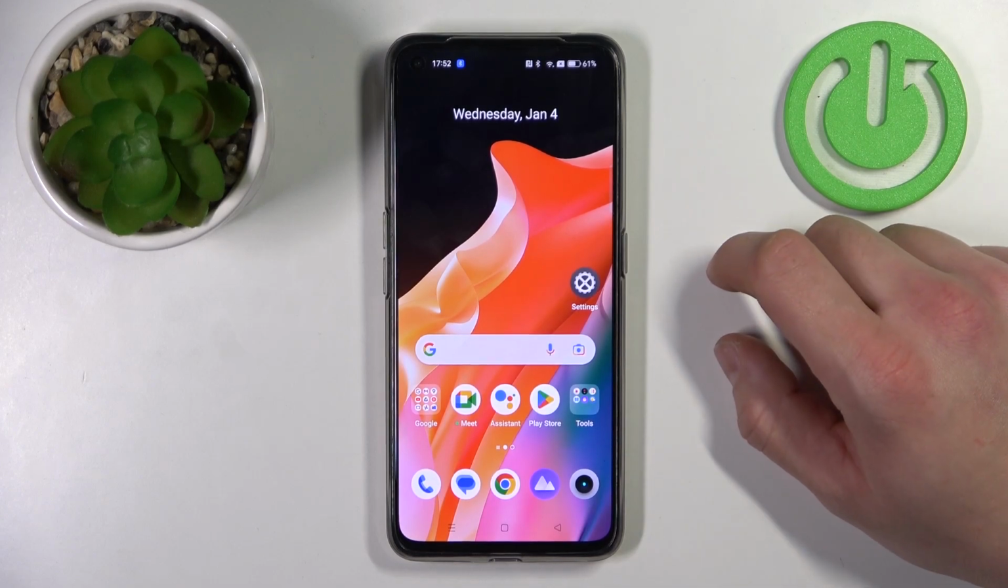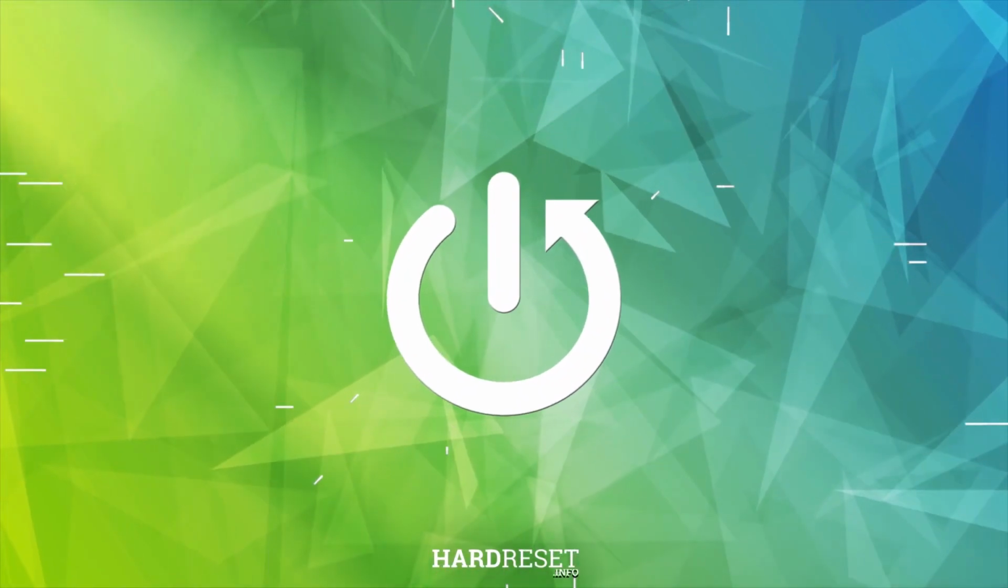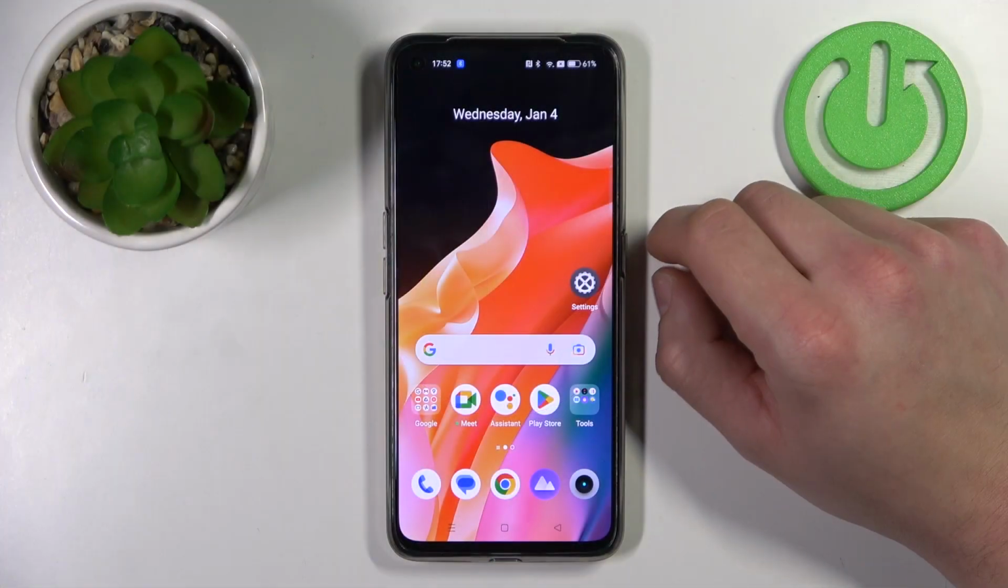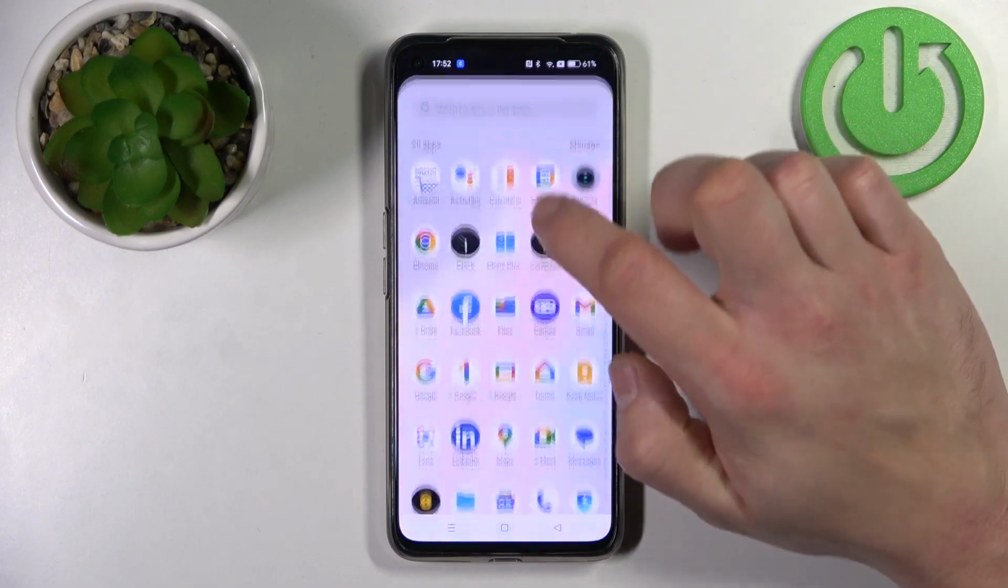Hello, in front of me I've got Realme GT Neo 3T. In this video I'll show you how to manage Google Wallet. In the beginning, let's enter the Wallet app,